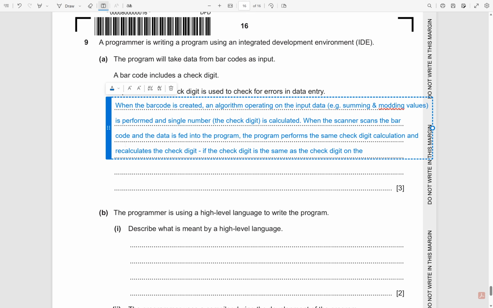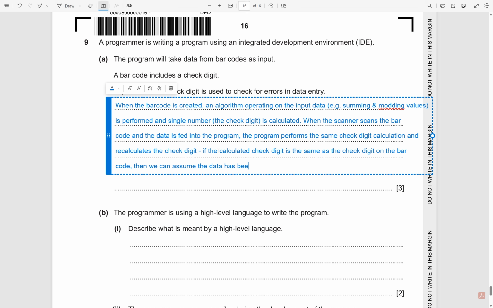so if the calculated check digit is the same as the original check digit on the barcode, then we can assume the data has been read correctly. And if the check digits